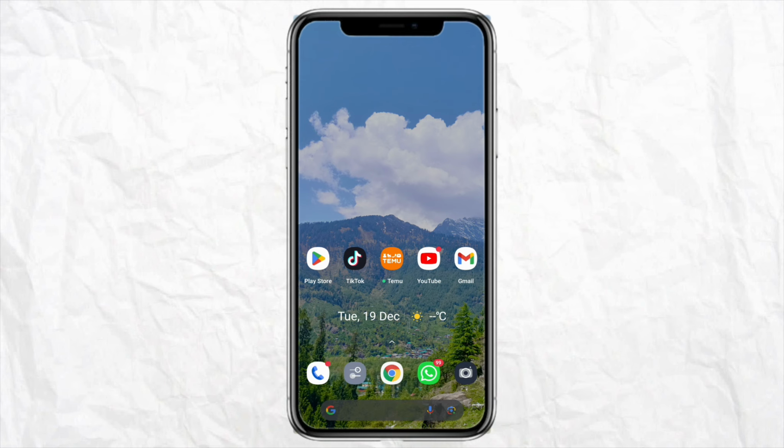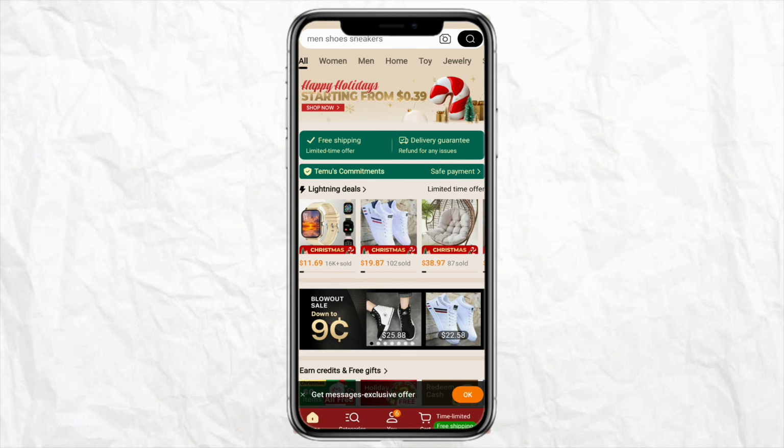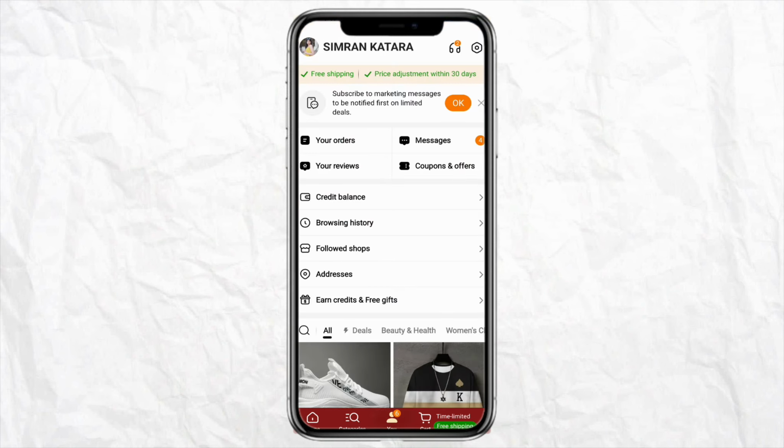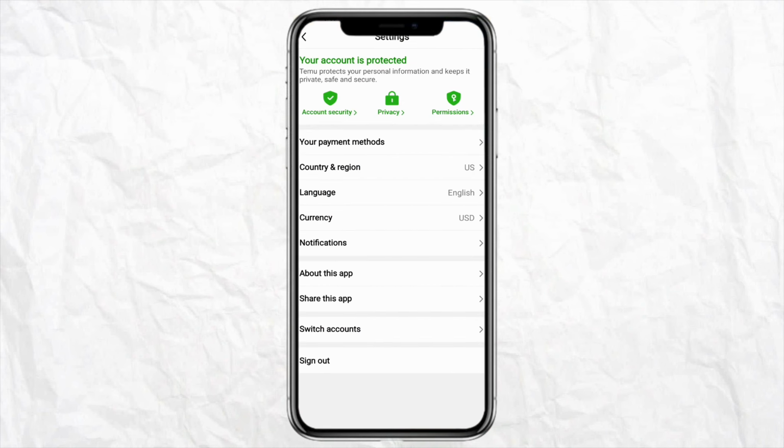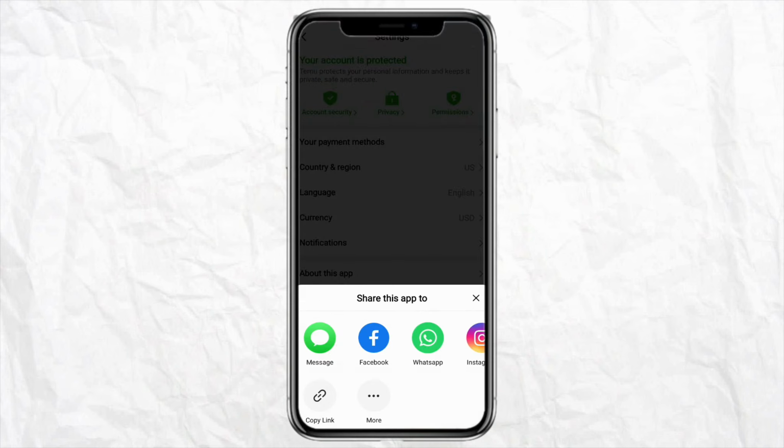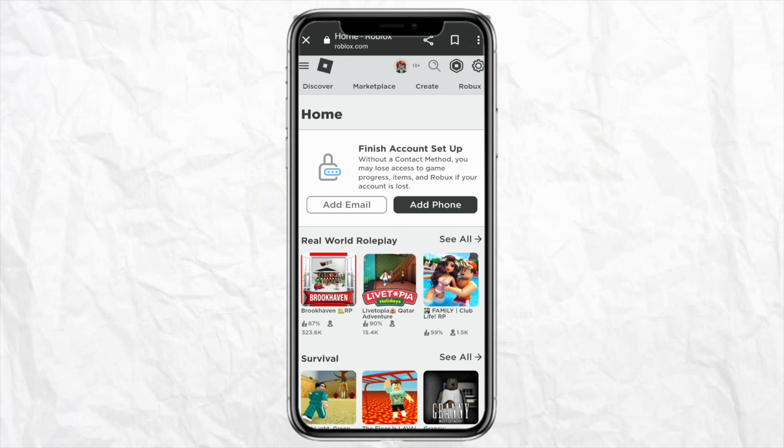So for that, all you have to do is just open your Temu account on your smartphone, and after that just go to the profile from the bottom, and here just click on the settings from the top right. Now you have to click on share this app, and there you will get the link of this particular app. Here you just have to copy the link, and then you just have to go to your Roblox account